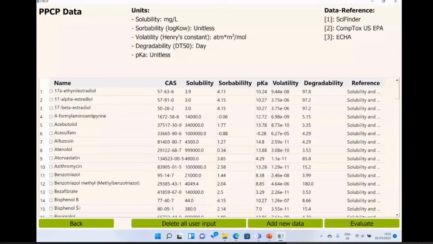Obviously there's the name of the substance, and there is some other information. For example, the CAS number of each substance is also there in the database, and then come the chemical properties of each substance. For example, solubility, log KOW, pKa, volatility, and degradability. Why these values are here, I think many of you already know.